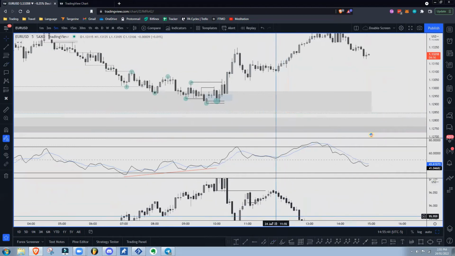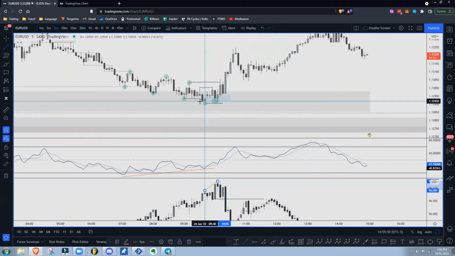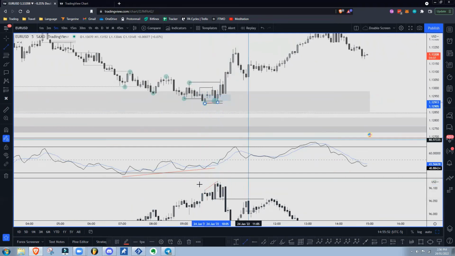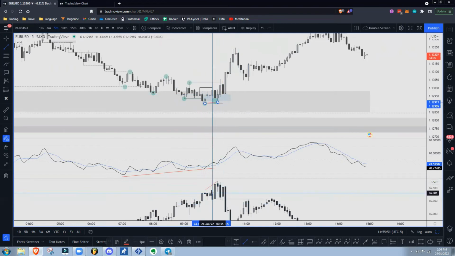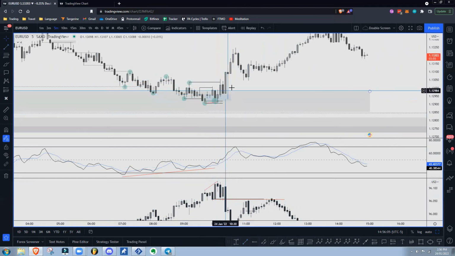Whereas I look at the dollar index, and what I see here is dollar index makes a higher high right there. At the same time, EU makes a higher low. So we have a crack in correlation here, and then we break structure right here. And so basically what that shows me is that this is ready to go down.